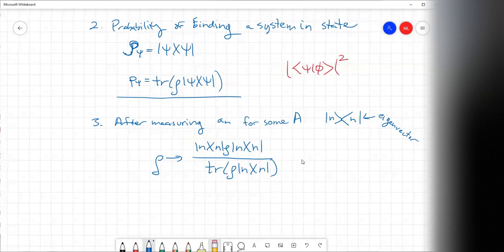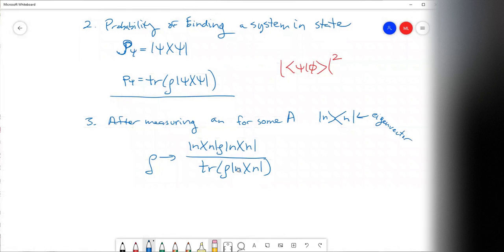So what's this do? This is the normalization, right? Here we see that in the end we get something that's proportional to this guy. And I guess this is a properly normalized eigenvector. It's just equal to that. But you see, it's the same idea. Instead of kets, now we just deal with these state operators. So if, in the end, you're supposed to be in this eigenvector of the measurements,